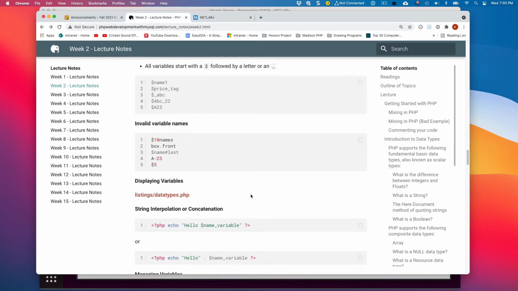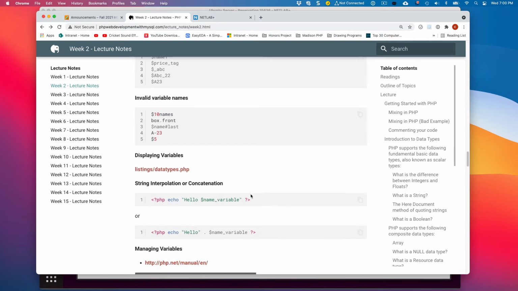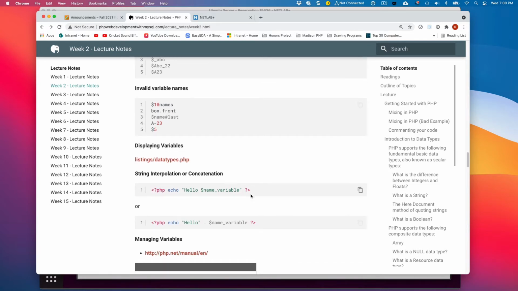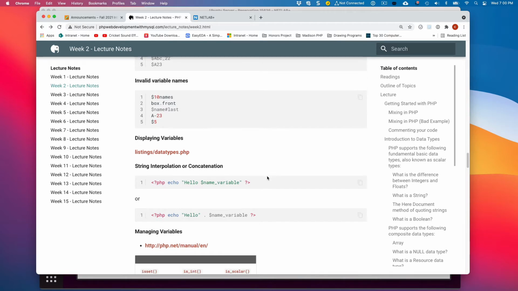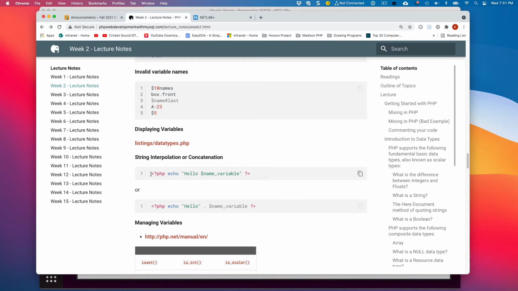This is the same code. Now I want to talk a little bit about this idea of string interpolation, also concatenation. I could output this PHP right here, and notice I have double quotes here, and I've got a variable inside of here.